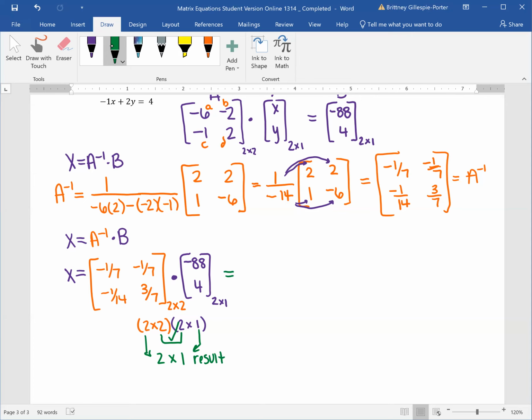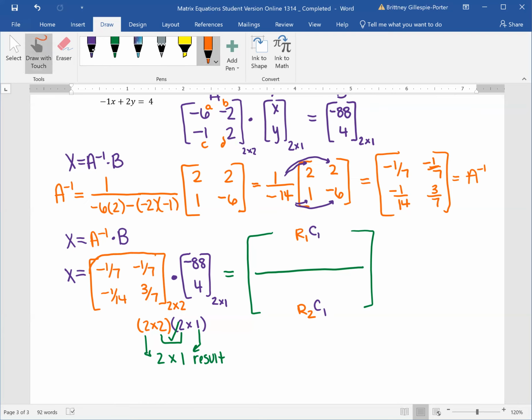Since we are going to need a 2 by 1, I'm going to go ahead and make a matrix with 2 rows, 1 column, and I can label where these are. Top one would be row 1, bottom one would be row 2, and I only have 1 column, so I'm going to make those column 1. And remember, this tells us how to do our multiplication. We're going to take our row 1 from A inverse. We're going to multiply that by column 1 from matrix B,